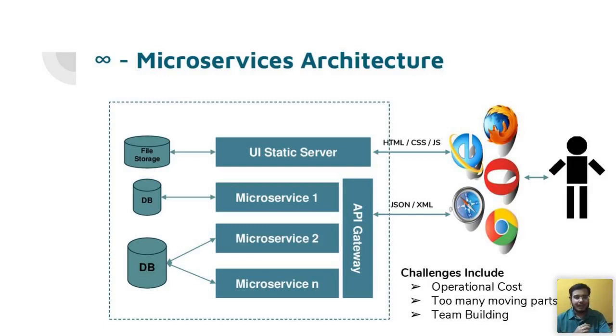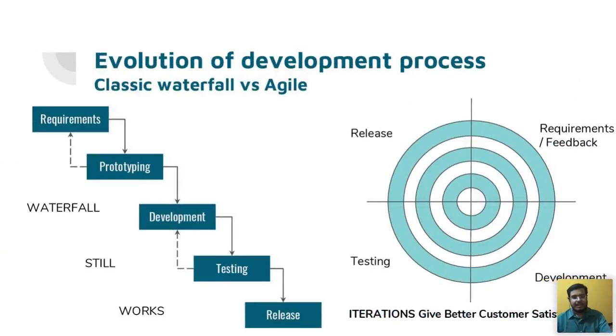So let me move on to the development process. Now we saw how architectures are designed, right? Let's see how they are implemented. All right. So this should be familiar for a lot of computer science students. I don't know if we have a lot of computer science students here, but this should be familiar to them, right? We have the waterfall diagram, we have the iterative diagram here. So why are there 2 diagrams basically, right?